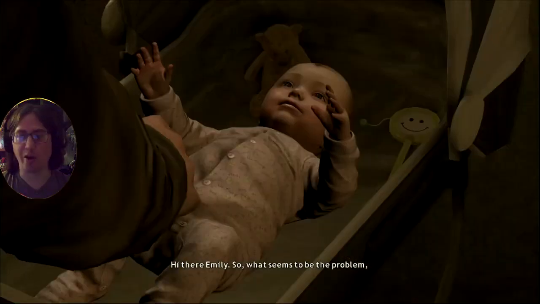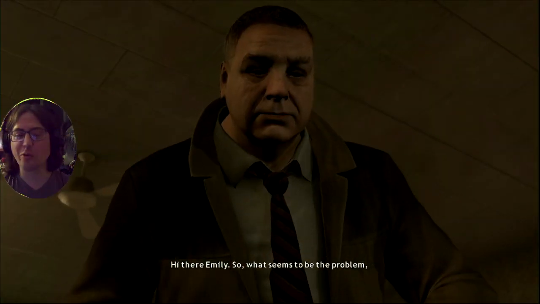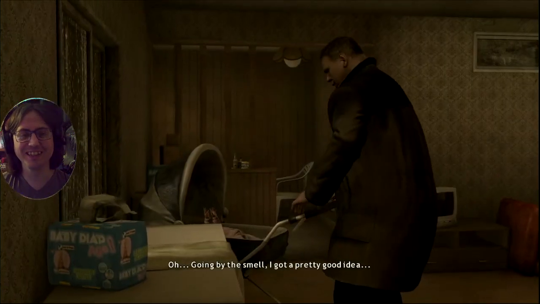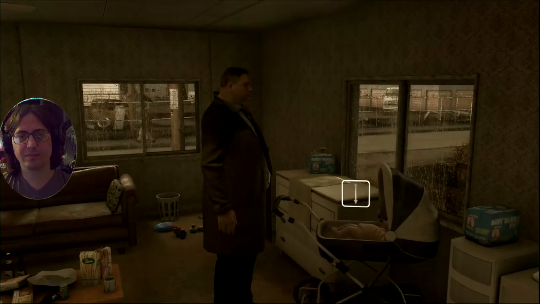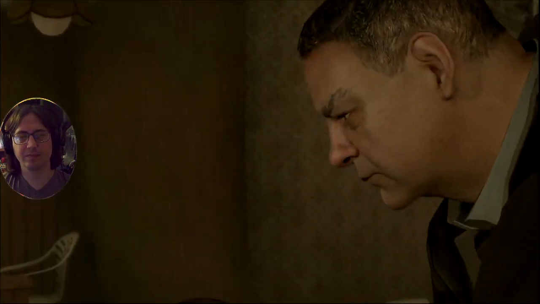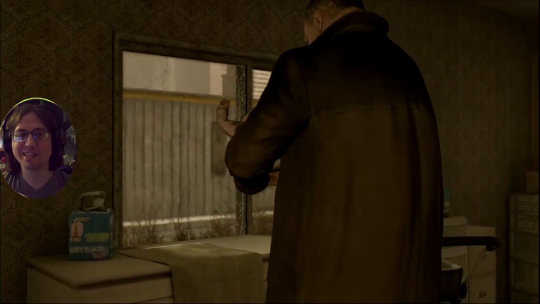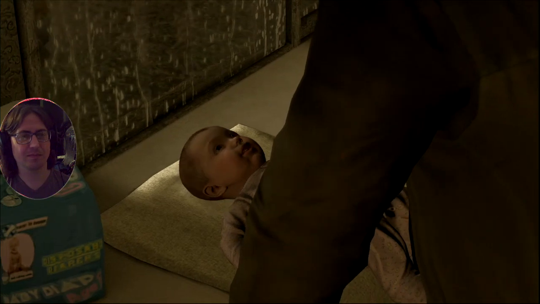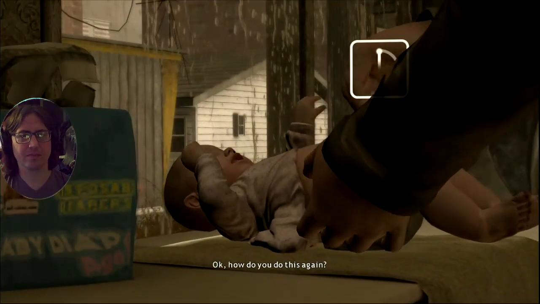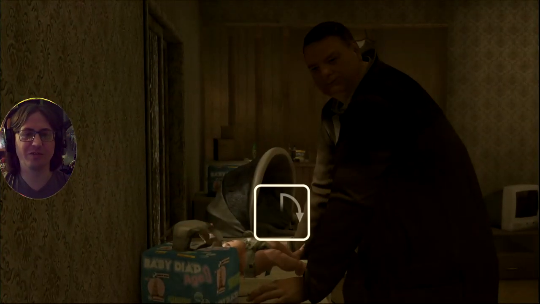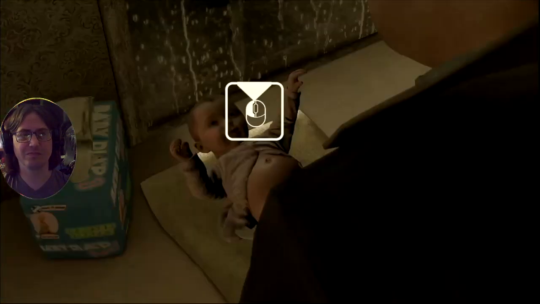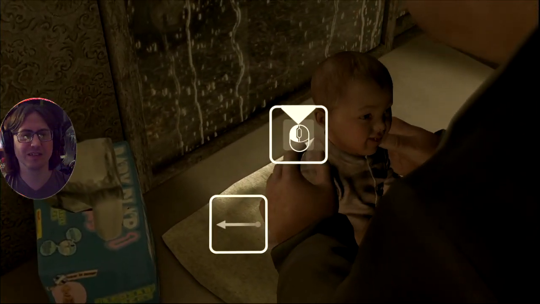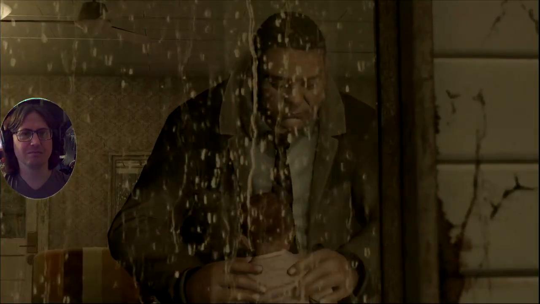Hi there. Do I know what I'm doing? No, we're gonna accidentally press all the wrong buttons and drop the baby. Oh, going by the smell, I got a pretty good idea. We can accidentally press the wrong buttons and everything is gonna go wrong. Okay. How do you do this? And that doesn't even work on controller. So that's gonna be challenging. I guess we're gonna hold on the...